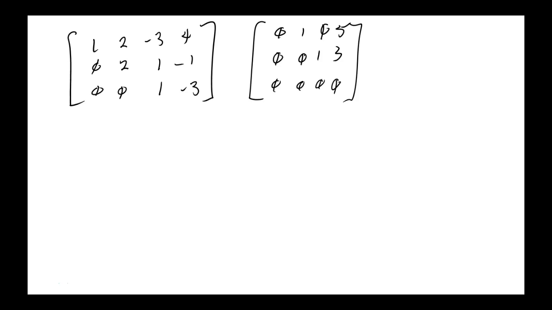Number 2, use elementary row operations to rewrite the matrix in row echelon form. Now this is Gauss elimination. Then 3, write the system of linear equations corresponding to the matrix in row echelon form, and then back substitute to find your solution. Now, my eyes are giving me fits because I don't have my glasses.